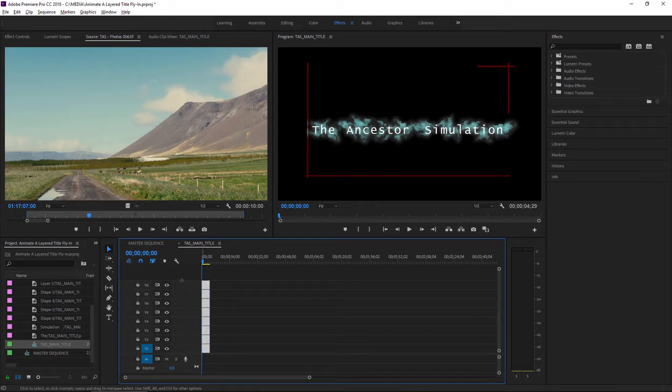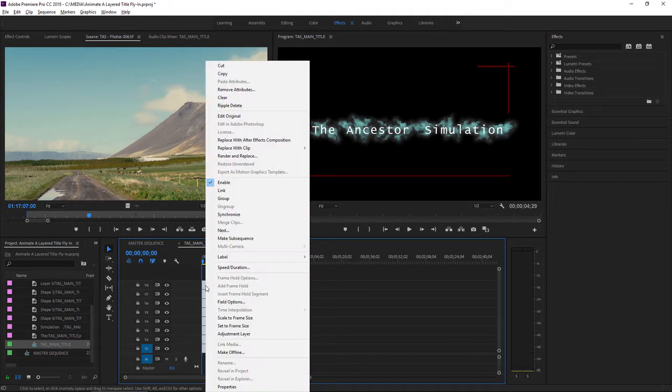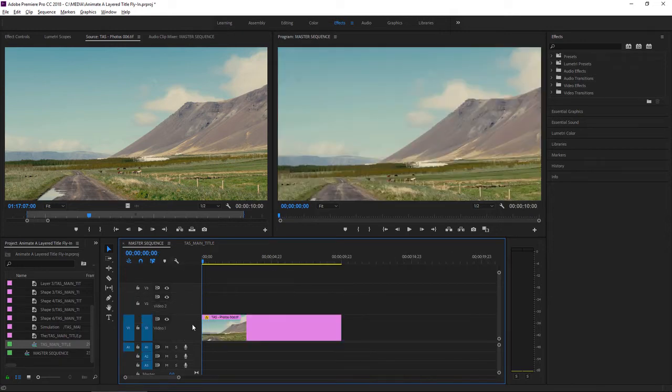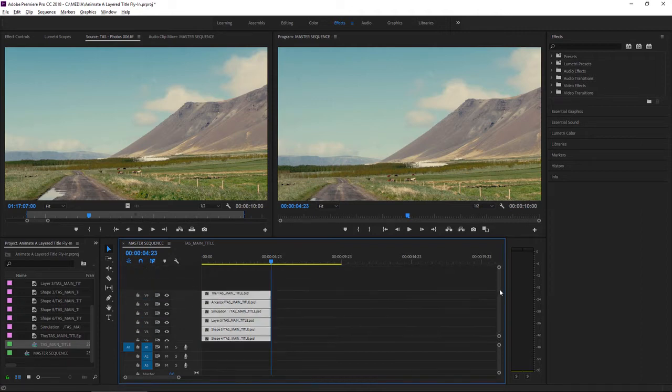I'm going to select all of these, and then I can press Ctrl-C or Command-C on macOS, or I can right-click as I'm here and choose Copy. I'm going to go back to my master sequence. I'm going to turn off video 1 and turn on video 2, and I'm going to paste. In this case, I'm going to use Ctrl-V or Command-V on macOS,